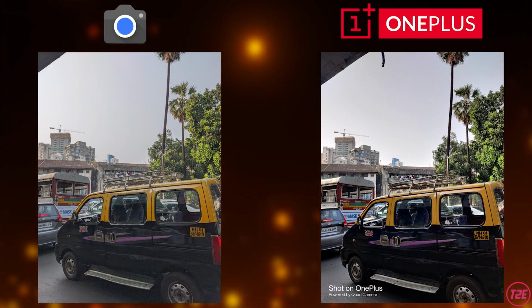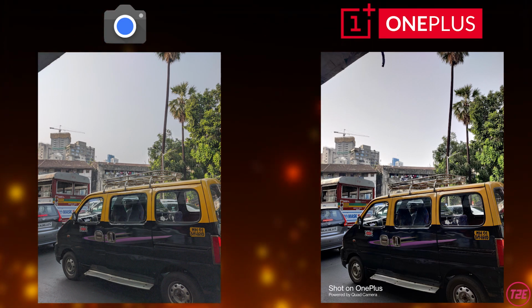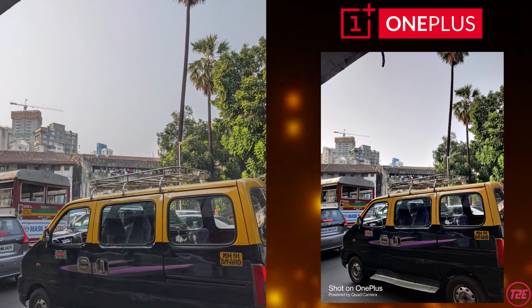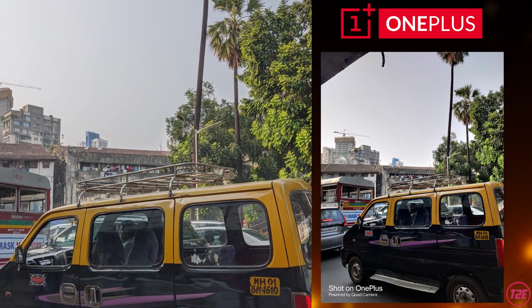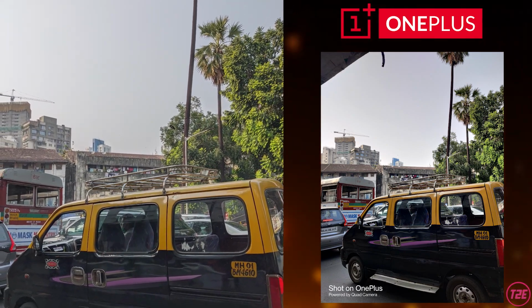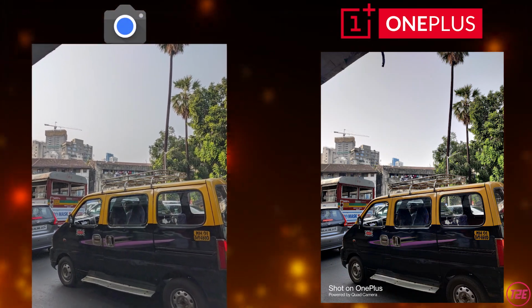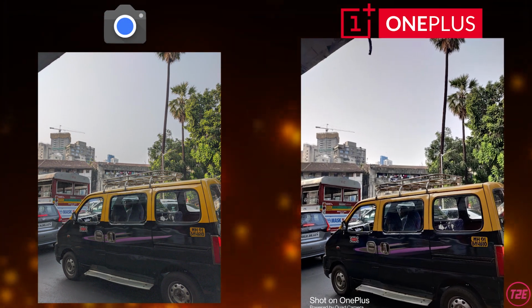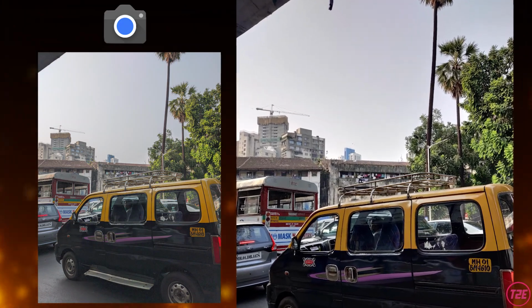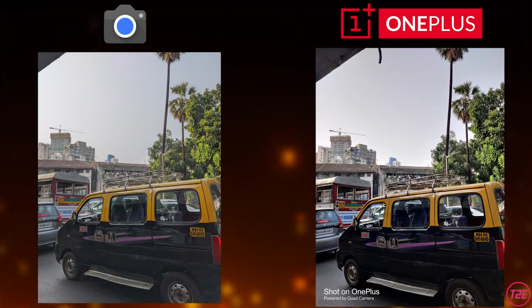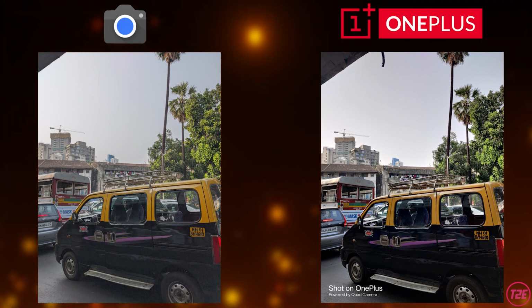So in this first photo, as you guys can see, the photo with the Gcam mod basically looks more vibrant and more colorful. If you specifically zoom into the trees here on the right side of the photo in the Gcam one, you can see the green color looks really good, whereas in the photo with the OnePlus stock OxygenOS camera app, you can see the trees look a bit dark, like the shadows have not been that well exposed is what I've noticed. So in this one, I like the photo clicked with the Gcam mod.